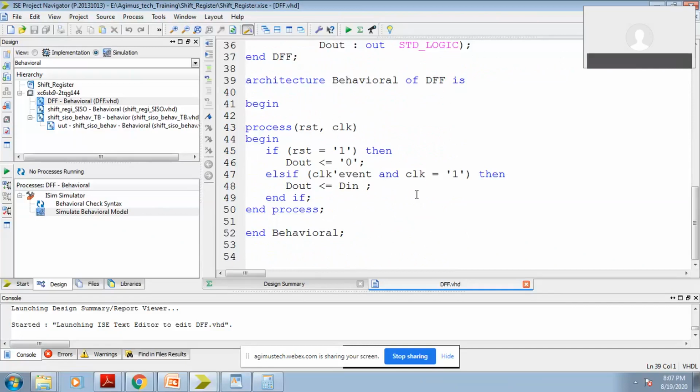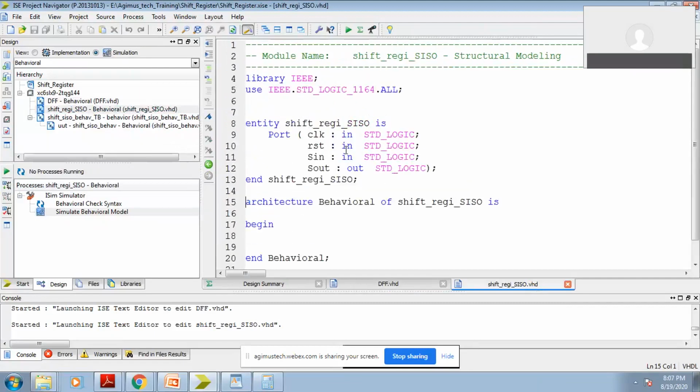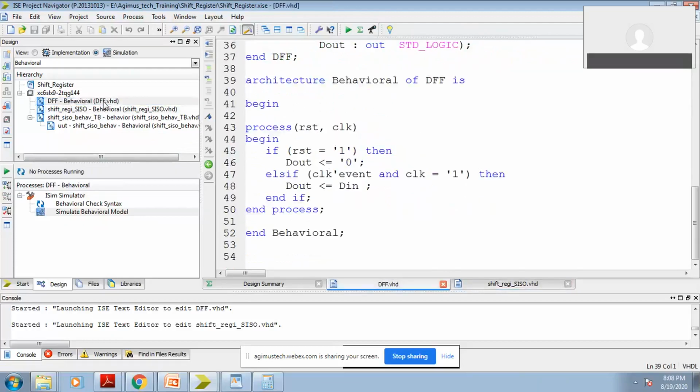Okay. Now I am to use D flip flop into my shift register. So this is the entity we have declared. Now I have not declared any component here. How to declare the component? The very simple technique is used here. Whichever entity you want to use as a component, go there, and go on implementation.